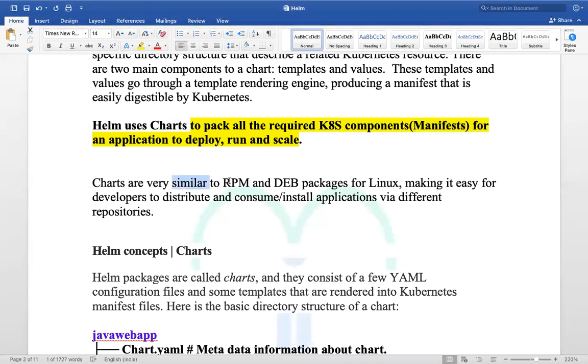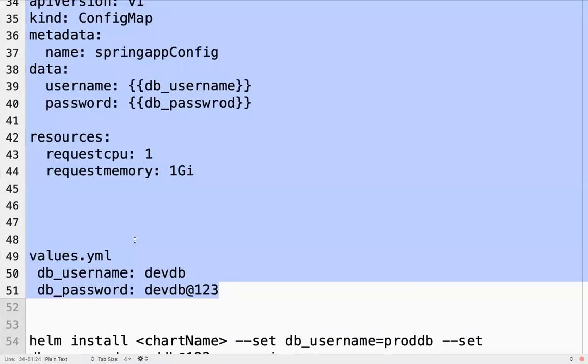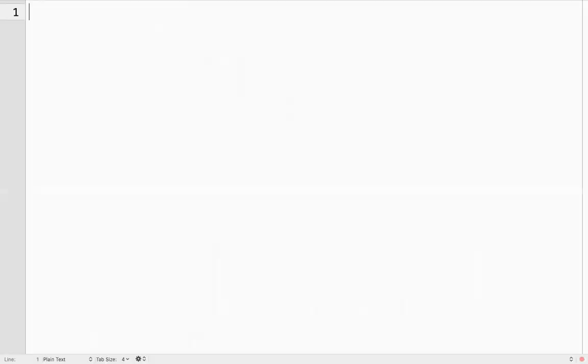Charts are very similar to RPM and Debian packages, right? Suppose you are doing something like this, guys: yum install git.